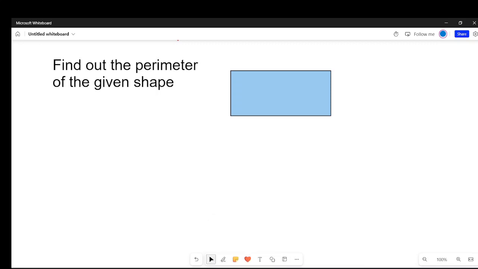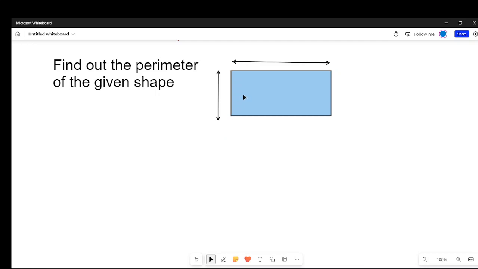Now here is the question. Find out the perimeter of the given shape. That is the question, and let's provide a length in it. Suppose this is a length and this is a breadth. If you